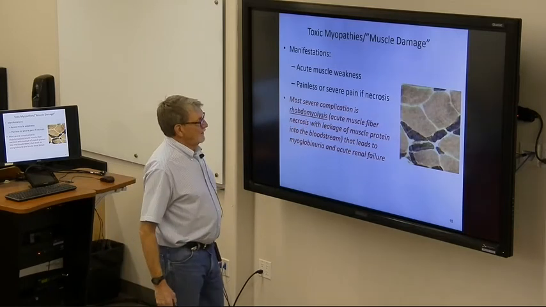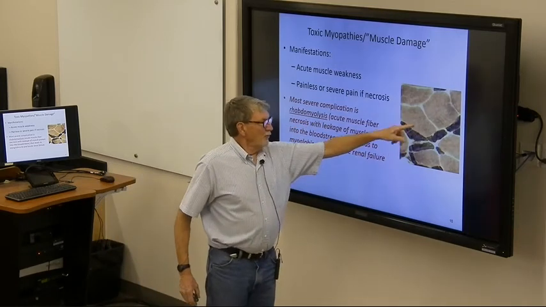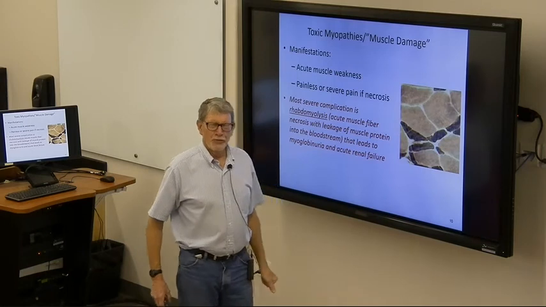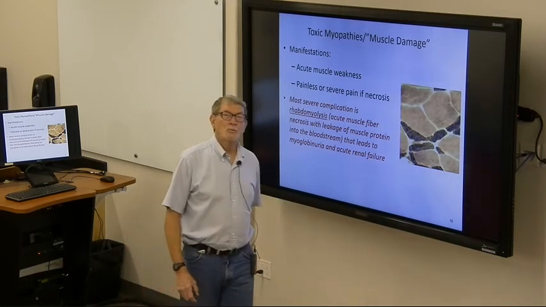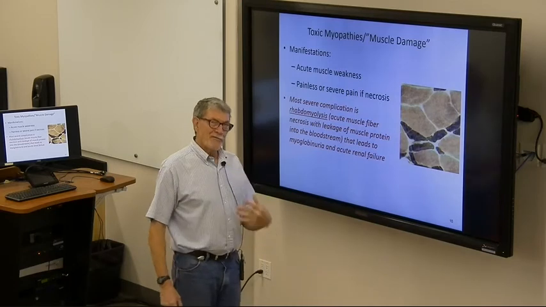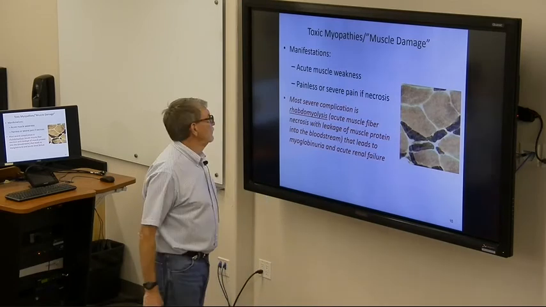Rhabdomyolysis, the death of skeletal muscle. So somebody who's a chronic alcoholic will become kind of skinny and weak. I mean, they might have fat, but they lose muscle mass.